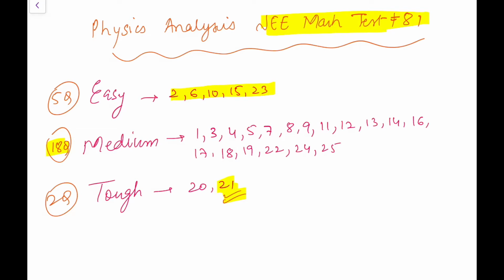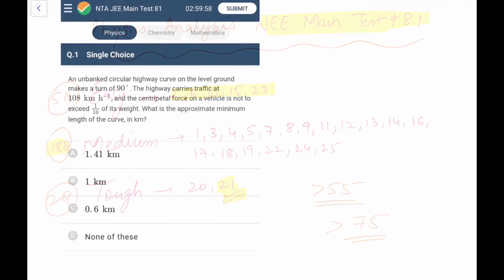So the paper is neither easy nor difficult. You can say it's a perfect JEE Main type paper, so I can say anyone decent enough should get 55, and students aspiring for good ranks in Advanced should get 75 to 80 marks in this paper. Overall it's a very nicely balanced paper. It is neither easy nor very tough.